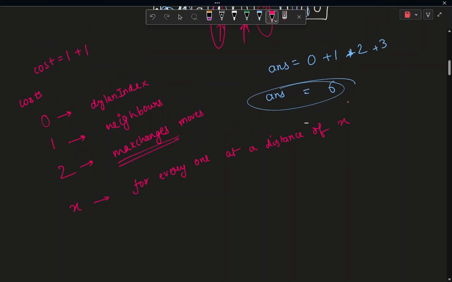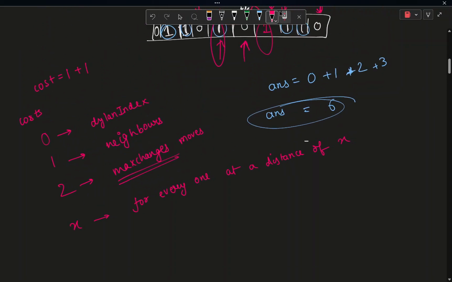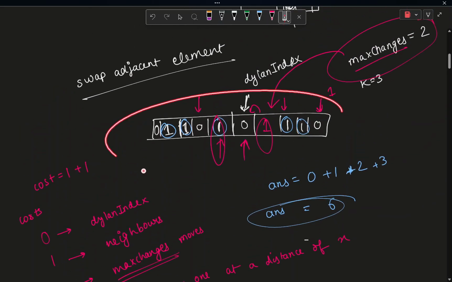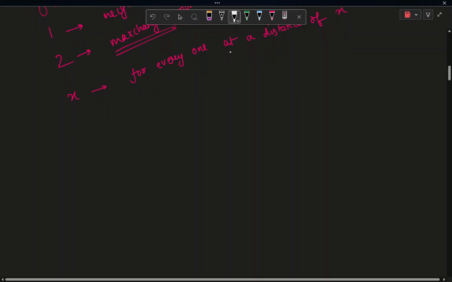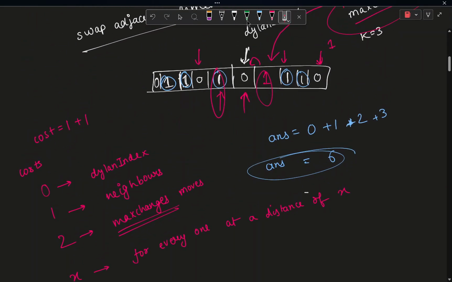Like for everyone which is at a distance of x, the cost will be equal to x. So you would try to add up, you will try to pick up the ones which are closer, right, which are closer. Now from here onwards, the way you will find out, one thing is clear,